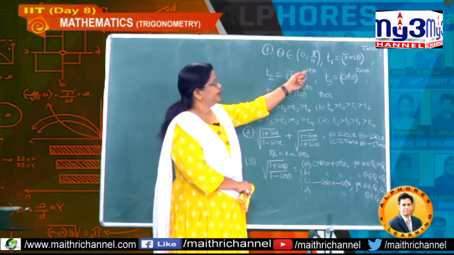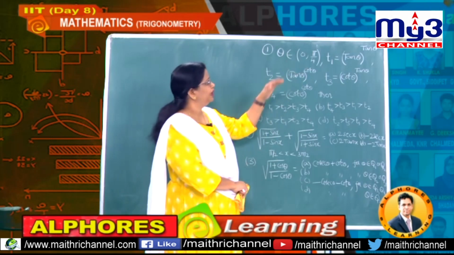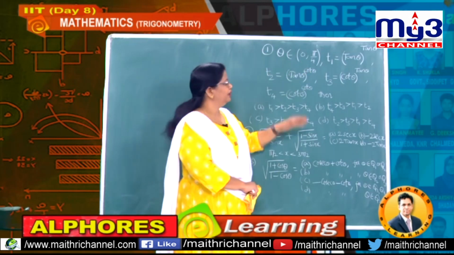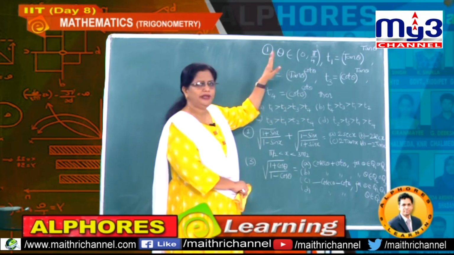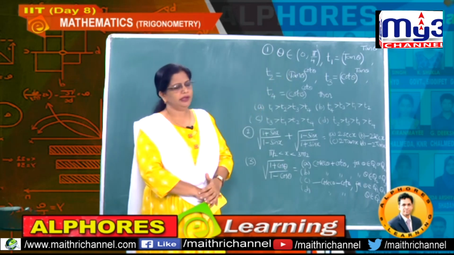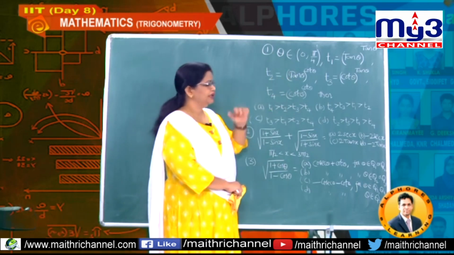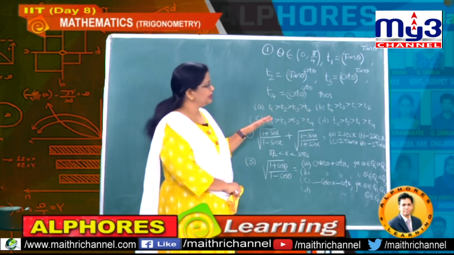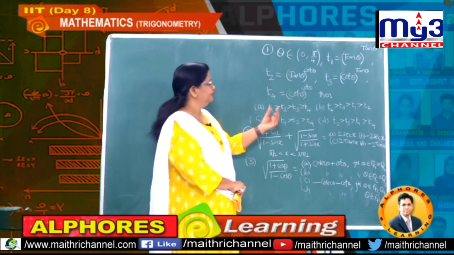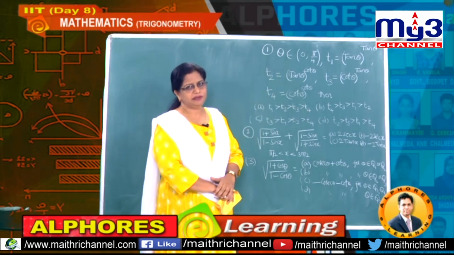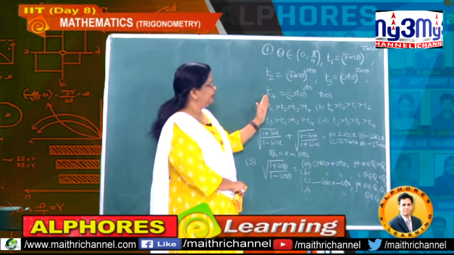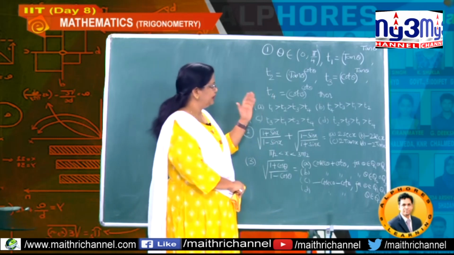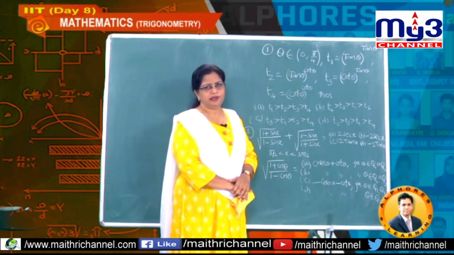T1 is given as tan theta whole power tan theta, and T2 has the same base but the power is cot theta. That means the total problem is only in terms of tan and cot. Now they are asking which inequality is right, like the last problem we did yesterday, which of these is the greatest one. And not only the greatest one, they are asking about the order with respect to T1, T2, T3 and T4.